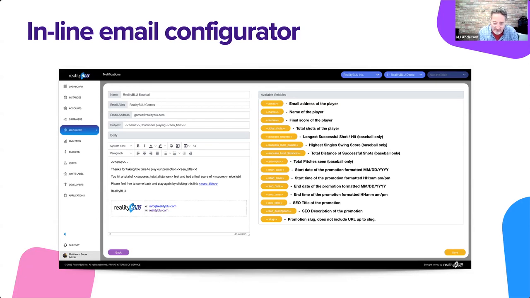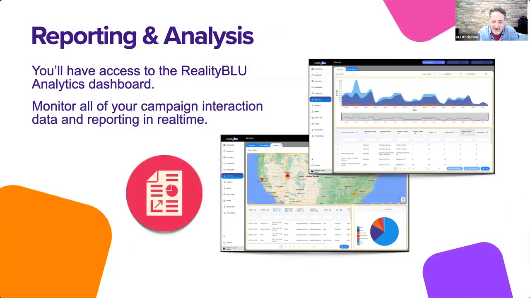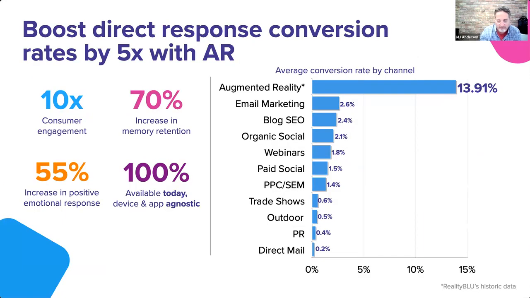A lot of times we recommend that you include their high score so that they can see how they did, which encourages them to come back and play again. And we do get a significant amount of replays when we deploy the games. And then obviously we've got the reporting and analysis engine, like I mentioned. If you're familiar with our product, you have access to this today. You can generate reports at will in real time to see how the gameplay is going, how usage is going, where the game is being played, and so forth.